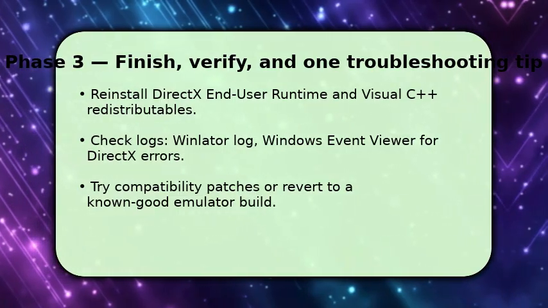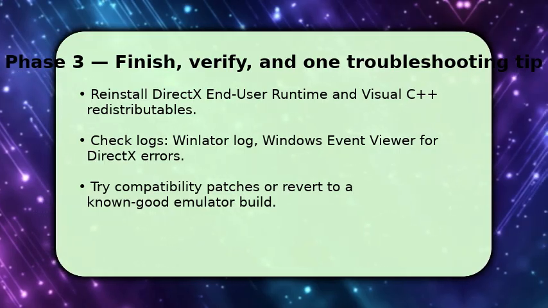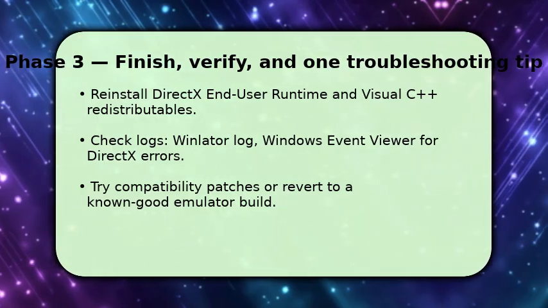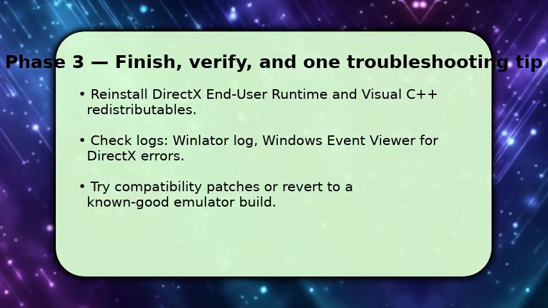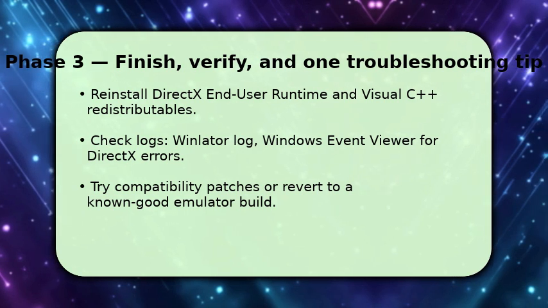If issues persist, try applying community compatibility patches or roll back to a known good Winlator build. Troubleshooting tip: if you still get errors, test a different backend and note the exact error code. That code is the